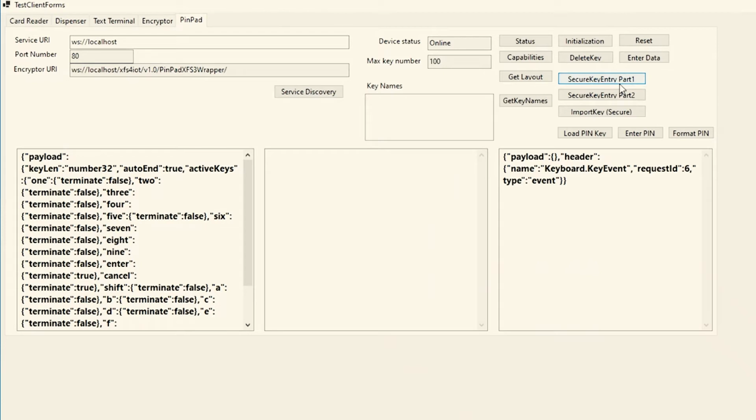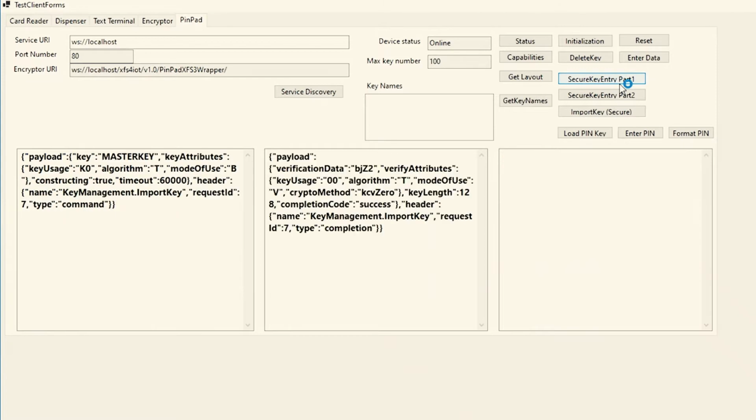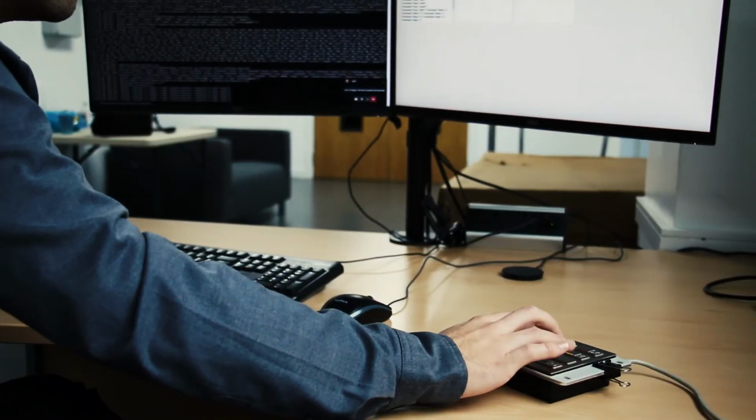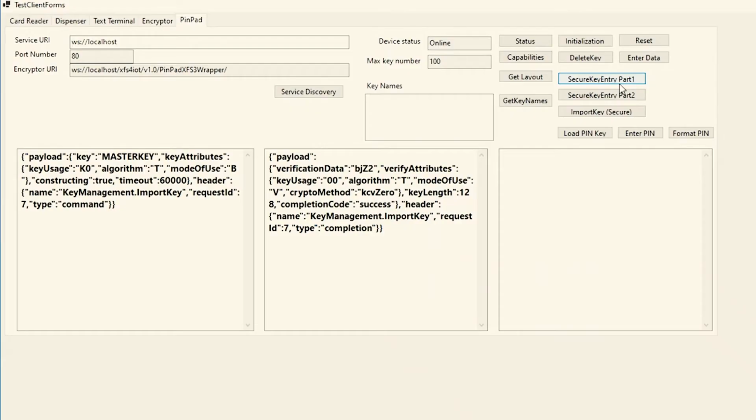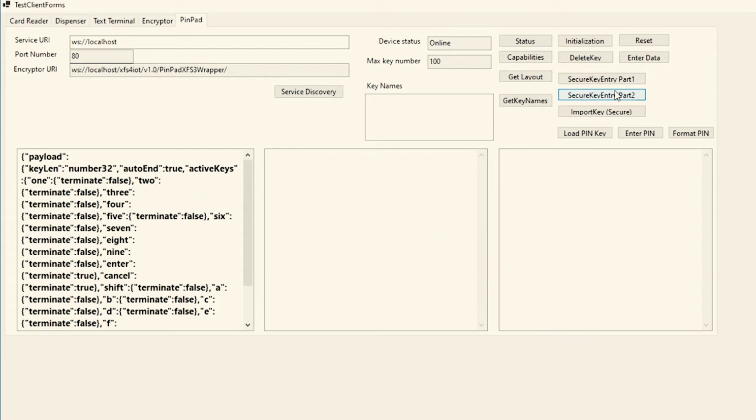We can do secure key entry of the first part. You type in the keys, that encryption key. Then we do secure key entry of the second part, type in the second part of the key. Typically these would be entered by two different technicians so that each individual doesn't know the whole key and can't